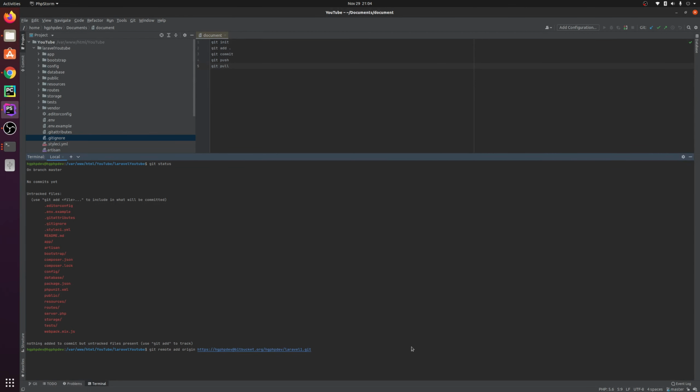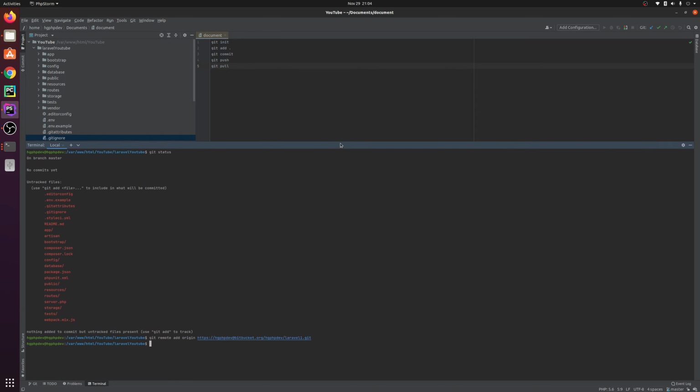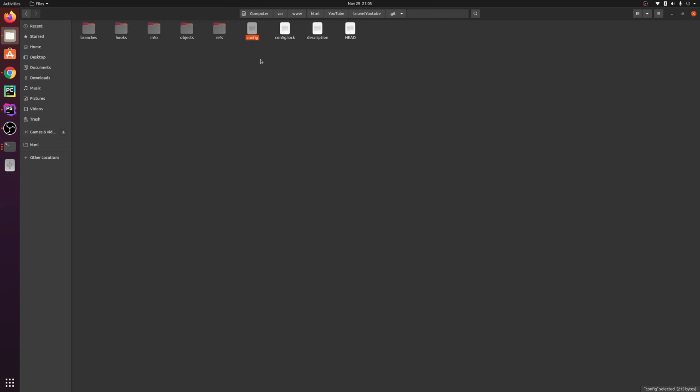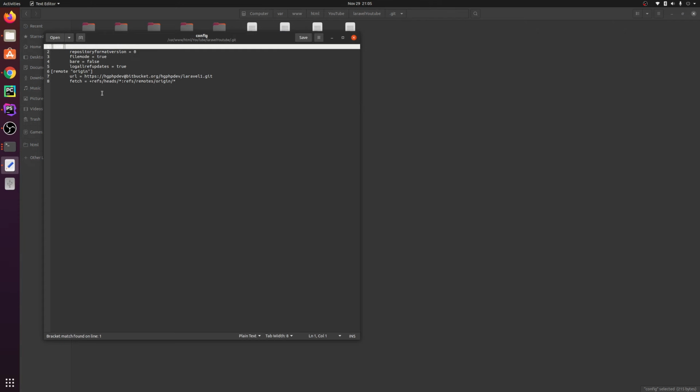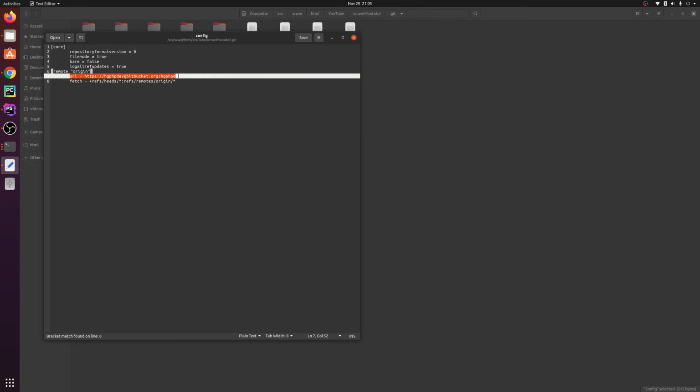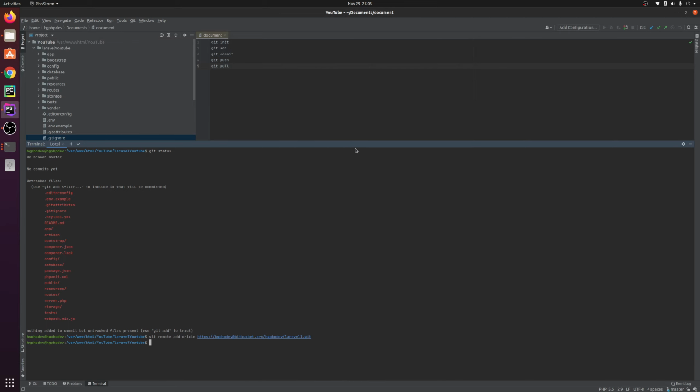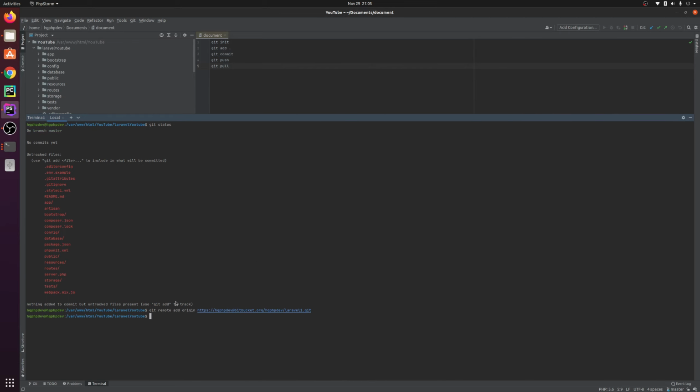So now after entering this command, if you go here, you will see a URL, which refers to your repository, right? Now what you have to do, git remote add, after adding the repository, hit enter.